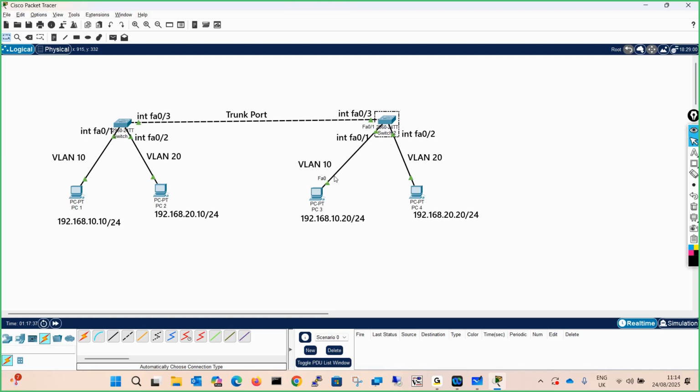How will we do the configuration? Let's start. Now I have told you to assign the VLAN and so on. So remember, when you assign a VLAN to a port, that specific VLAN is created automatically. For example, if you say VLAN 10, then VLAN 10 will be created automatically in the backend. That also we will see, but it is always a good practice that you create the VLAN in the switch first. So what is the first step?